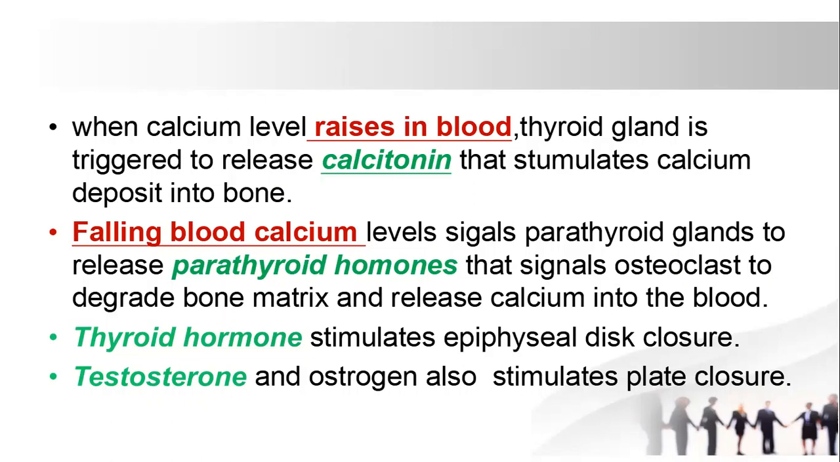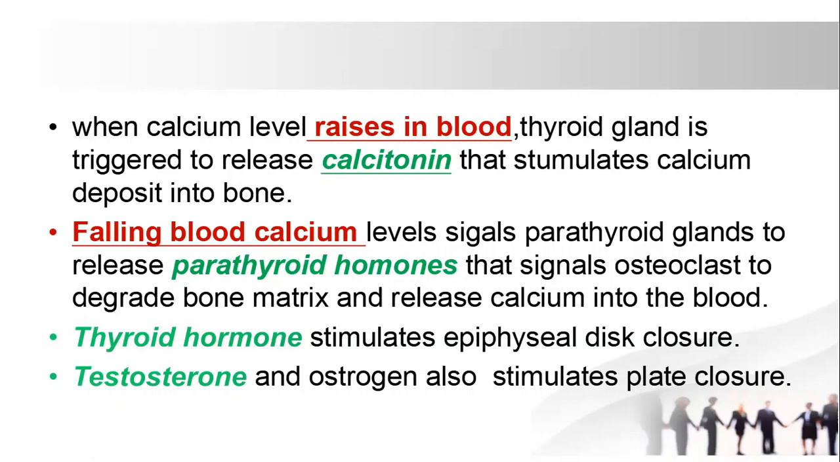So this process is simultaneous. When calcium rises in the blood, the thyroid gland is triggered to release calcitonin that stimulates calcium deposit into bone. On the other side, when the calcium level falls in the blood, the parathyroid gland is signaled, so that parathyroid hormone can signal osteoclasts to degrade bone matrix and release calcium into the blood, so that calcium may be at its normal level. We have other hormones that perform other basic functions, such as thyroid hormone, which stimulates